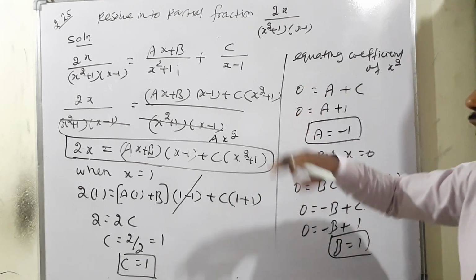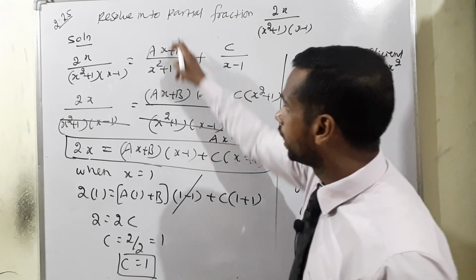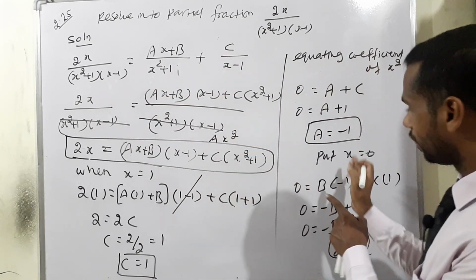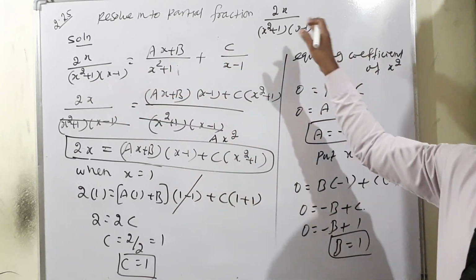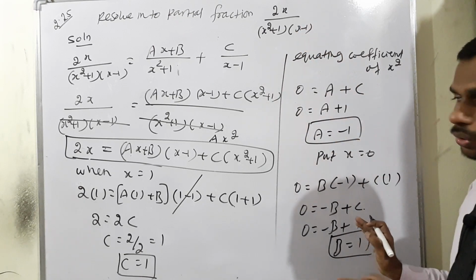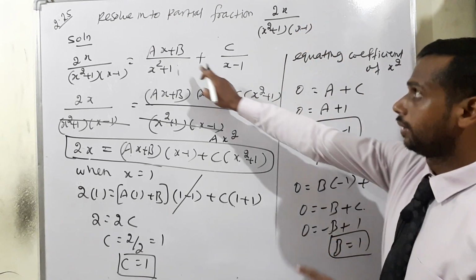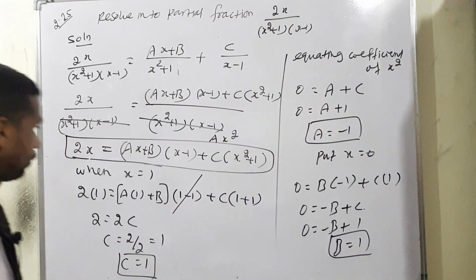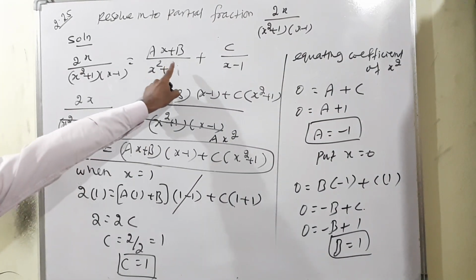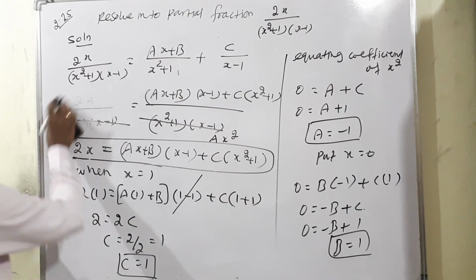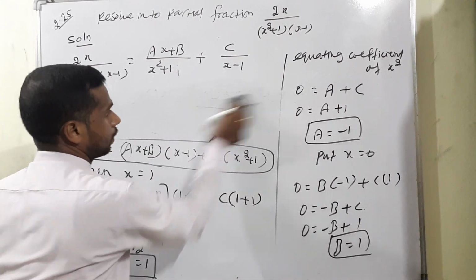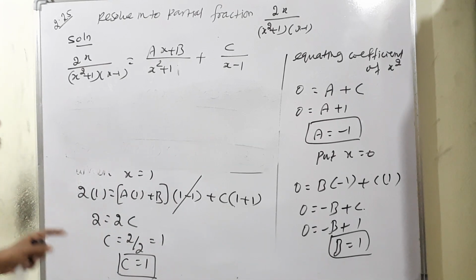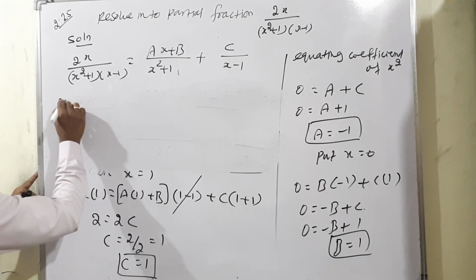If you apply the book method, that is a by non-factorized quadratic equation plus bx plus c, we will get a different form of answer. But that is not an issue. Definitely if you apply in the answer script, we will get the correct solution. Okay, so what is the main term? This is our main term, isn't it? So we can write our answer.